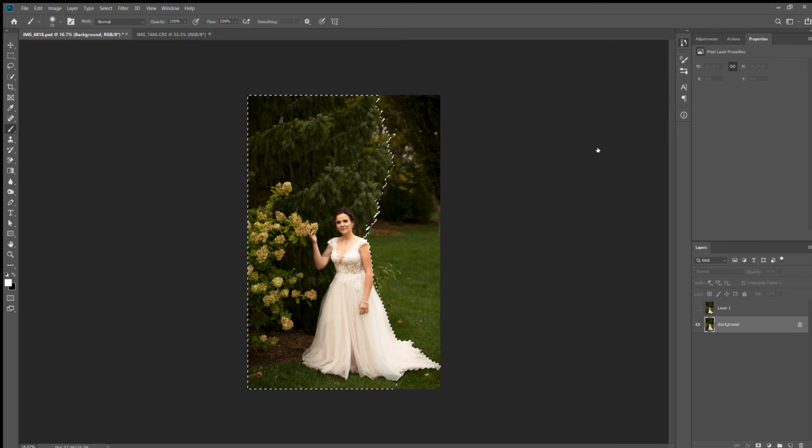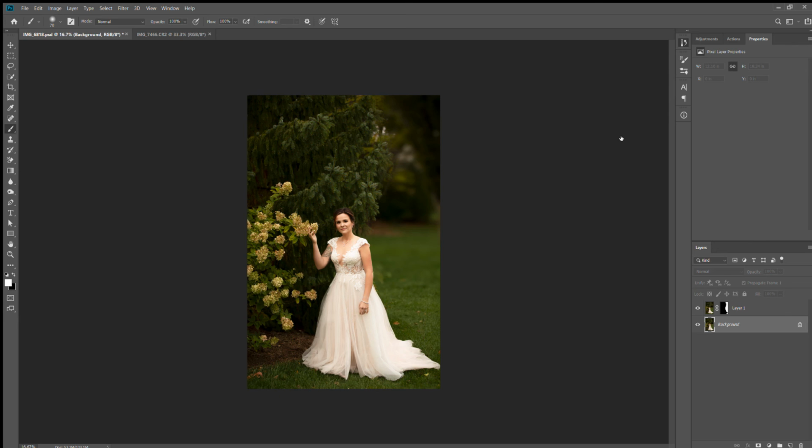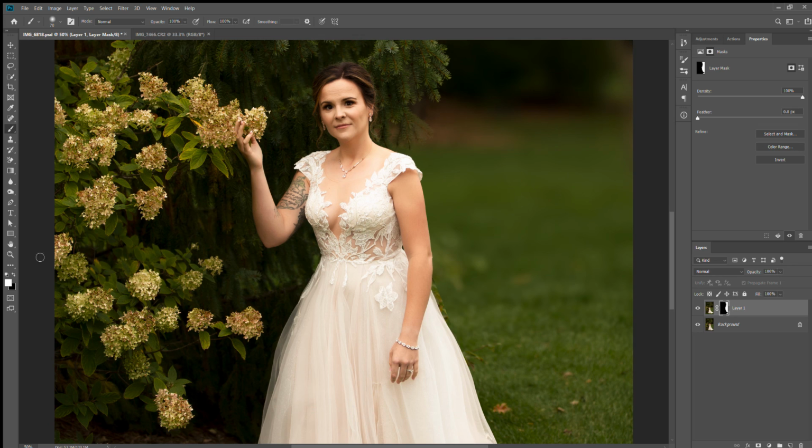Okay, then you're going to come back up here, click on your layer, add a mask here, and then you're going to do Control I to invert it, and then now you can see it's blurred over here. So see the difference here? Now you're still going to have to go in here with your paintbrush, like I need the white paintbrush on this side. Come in here,